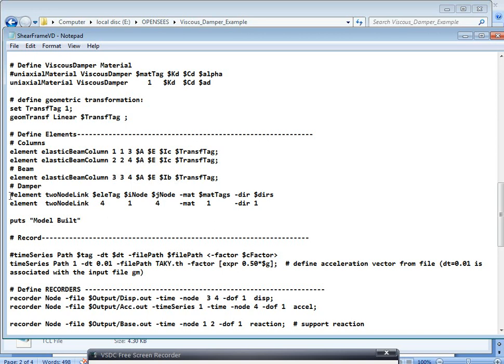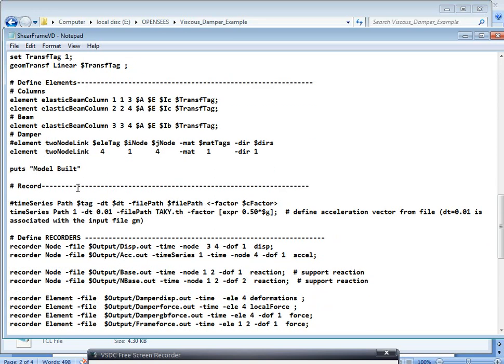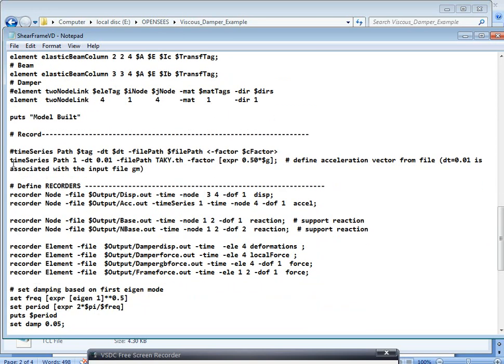Then for the damper, we give the damper properties. We connect the first node and the fourth node, with only one direction. Then we define the pattern and time series,